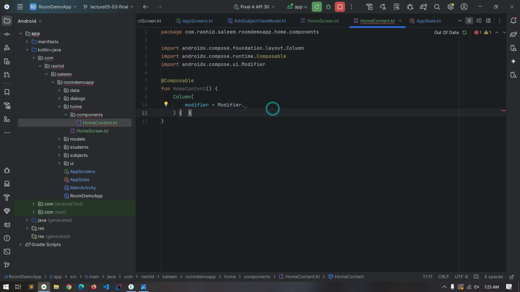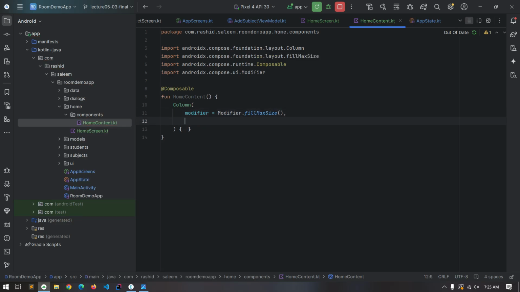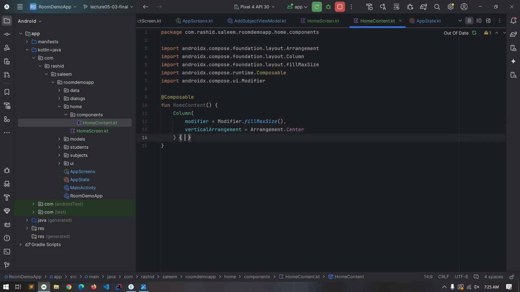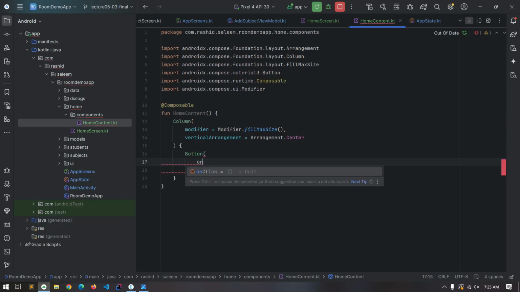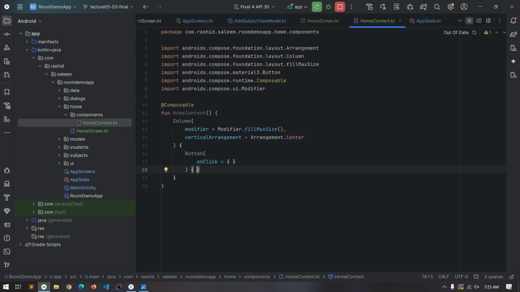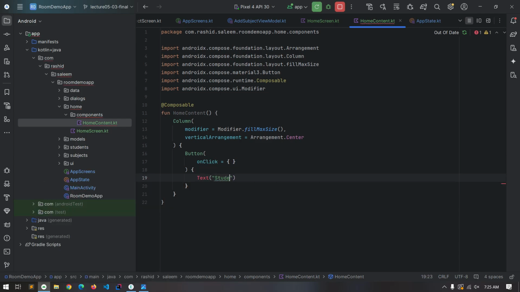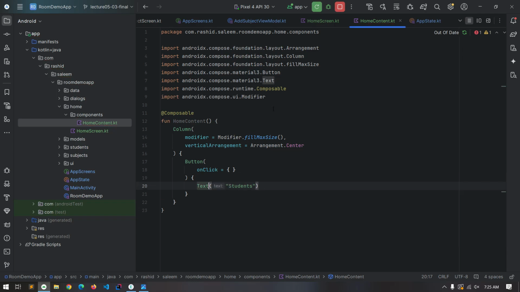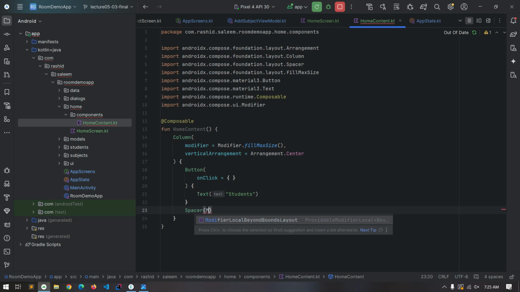So fill max size, vertical arrangement with the center, and in here we have button on click, students, and add some padding here,